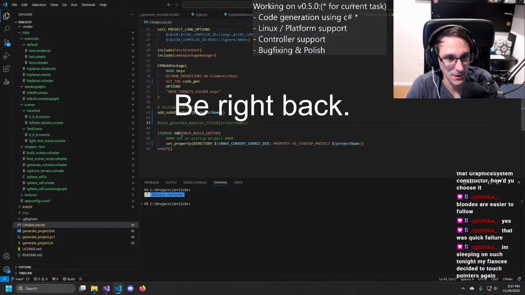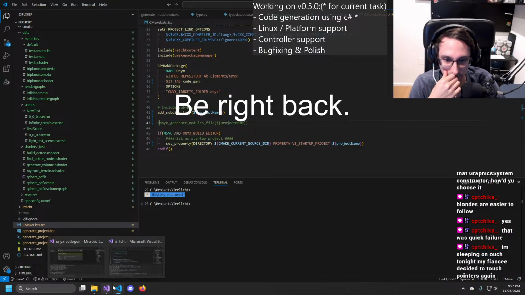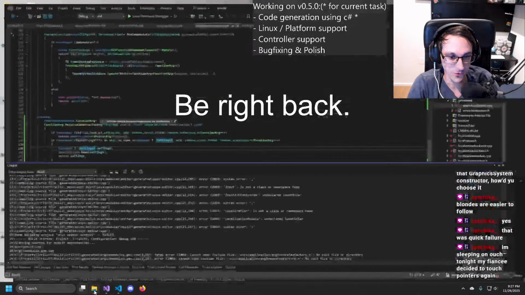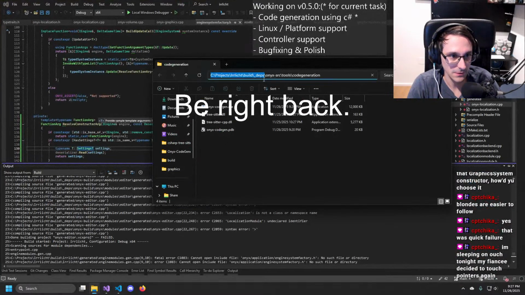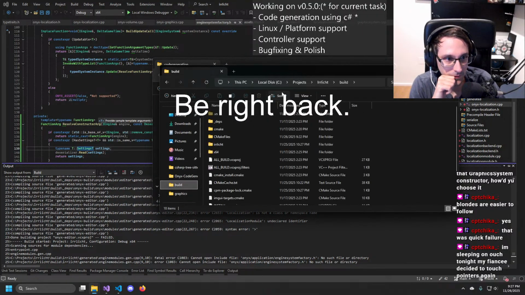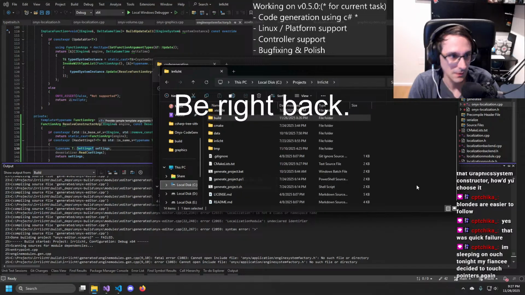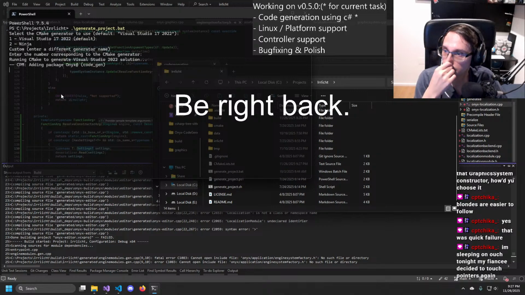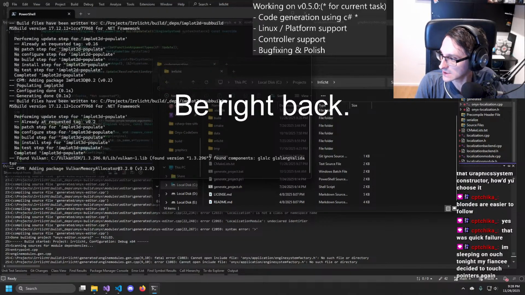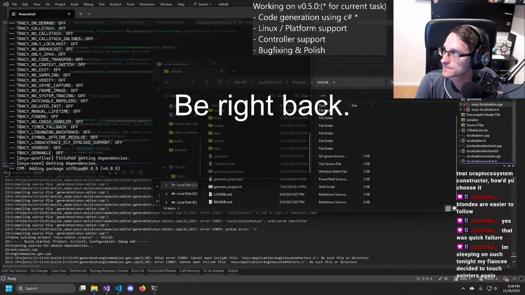Yeah, this one goes out, and then we should be able to generate again. And hopefully that should do the trick to at least get a little bit more stuff working.